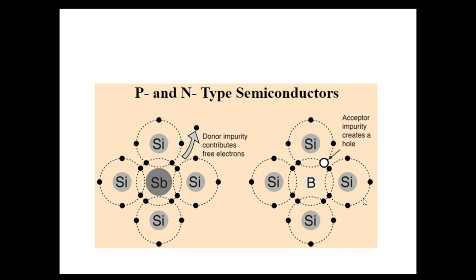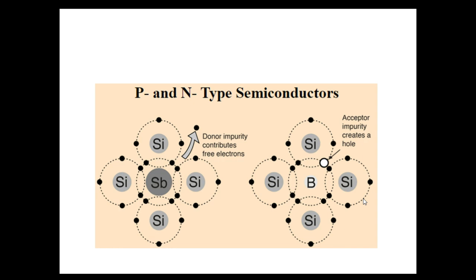Now, before going to the PN junction diode, we want to revise something about P-type and N-type semiconductors. You know very well, for semiconductors we usually use silicon or germanium, and to increase the conductivity of these semiconductors we add some impurities. This process is called doping. You can add either pentavalent impurity or trivalent impurity. The example for pentavalent impurity is arsenic.